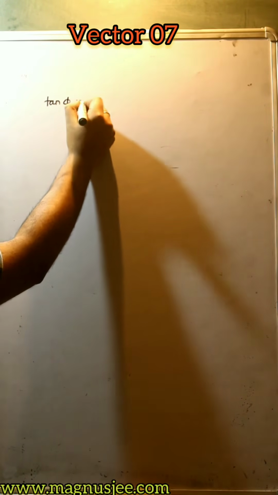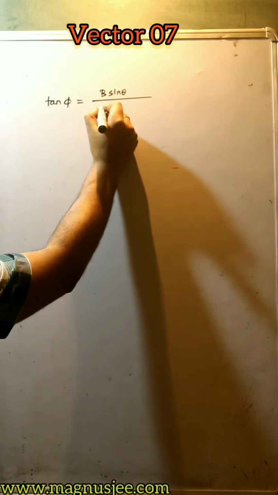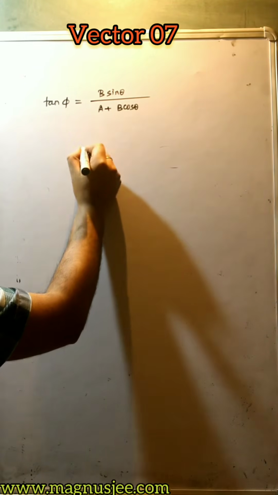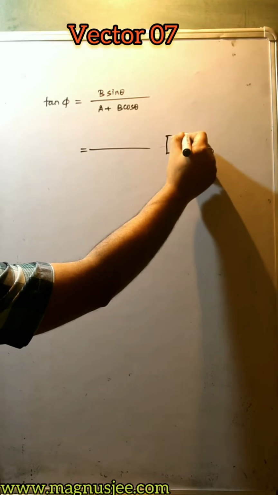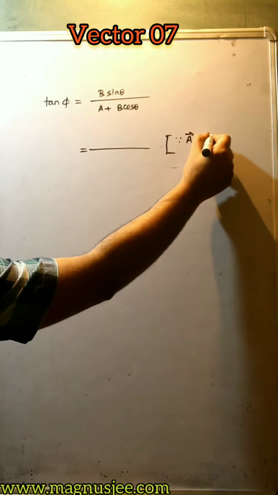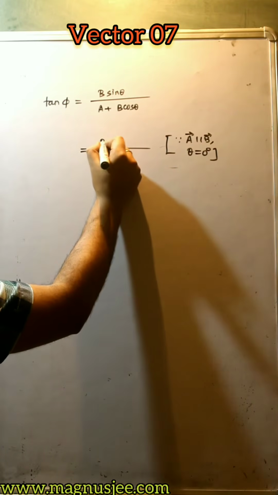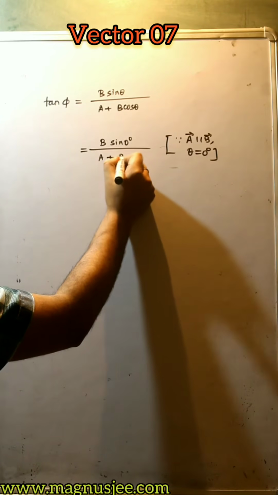Now if we find the direction of the maximum resultant vector, that is tangent of phi, where phi is the angle at which the maximum resultant vector R max acts with vector A. Tan phi equal to b sin theta divided by A plus B cos theta, and here vector A is parallel to vector B, theta equal to 0 degree. Putting the value, b sin 0 degree divided by A plus B cos 0 degree